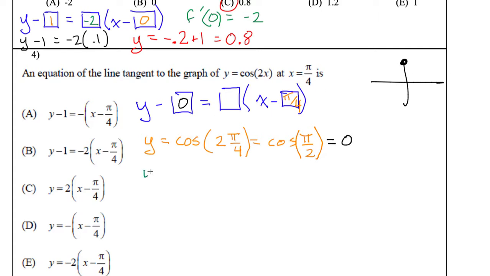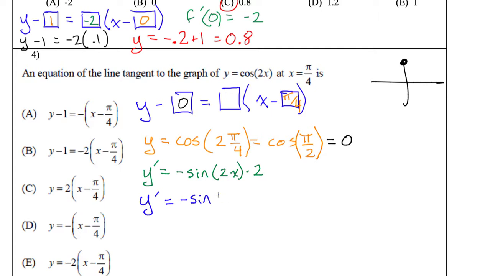Taking the derivative, we have y prime, the derivative of cosine of 2x. Cosine changes to sine. C stands for change, so change it to a negative, so negative sine of 2x, and don't forget your dinner, times 2. And then we need to plug in pi over 2 yet again. So now y prime is equal to,